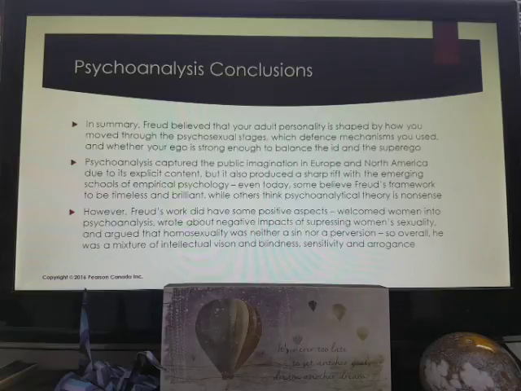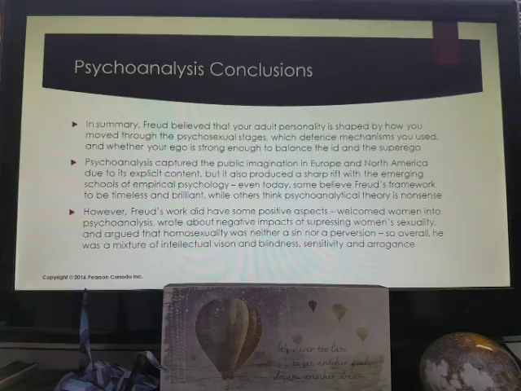So despite some of the more negative aspects, his work did also have some positive aspects as well. He welcomed women into psychoanalysis. He was very welcoming for women to come and study within the school of psychoanalysis. He wrote about the negative effects of suppressing women's sexuality, which, as we talked about when we discussed sexual motivation in chapter 12, was taboo to talk about for a very long time, especially back when Freud was active as a researcher. But Freud was one of the first to say that it was harmful to suppress the fact that women have their own sexuality and to not talk about these types of things.